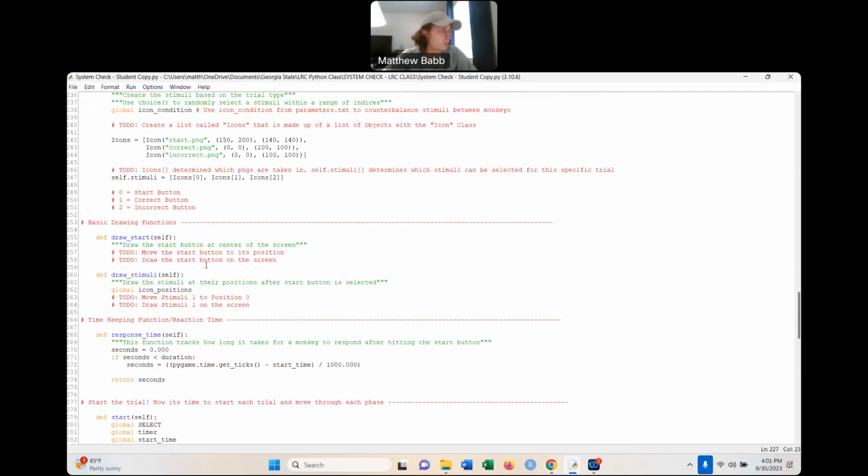So the first thing we need to do is draw the start button. And the way we do that is we go to this line of code here. Let's get rid of that. We're going to go self.stimuli at the 0 position. So remember, that equals icon at the 0 position, which equals the start.png. So we're going to take that self.stimuli at the 0 position, and we're going to run the function